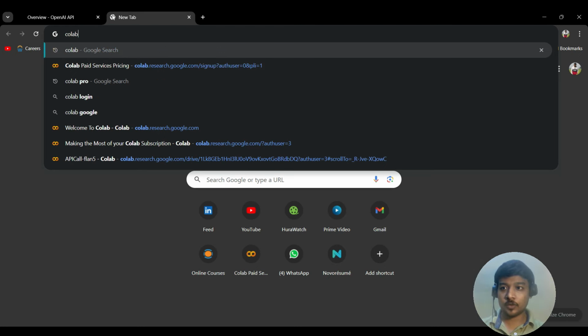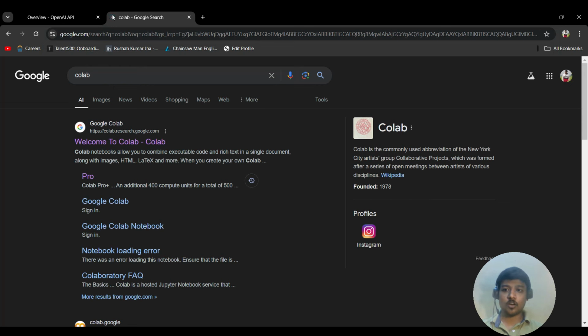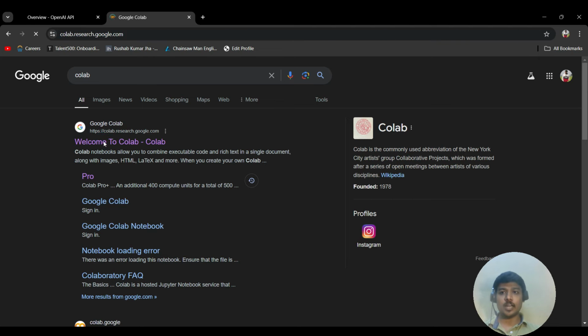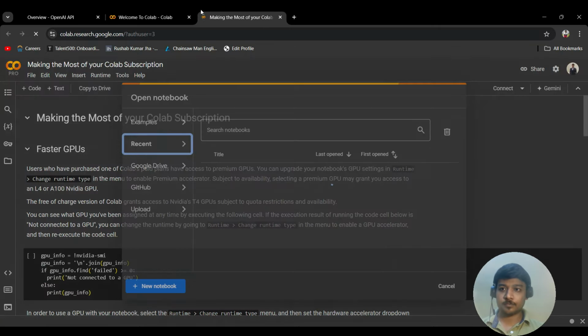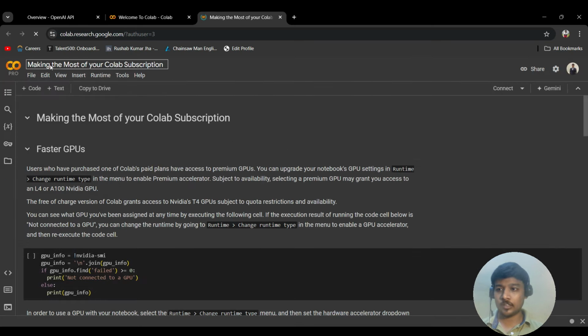So carrying on with today's Colab, just click on Colab. If you are using it for the first time, I'll again demonstrate it for you. Click on Welcome to Colab, and again it can be accessed via your Gmail account itself. Let me use this one. Let me start a new notebook and drive.